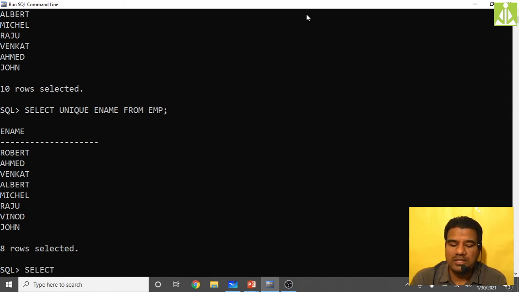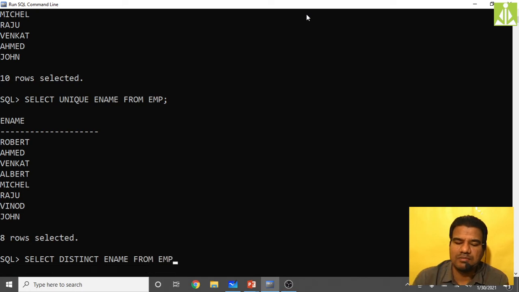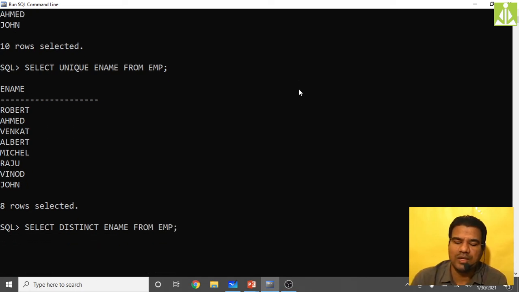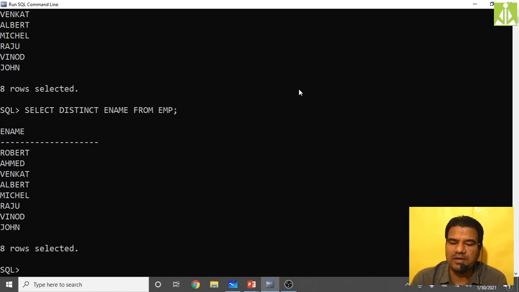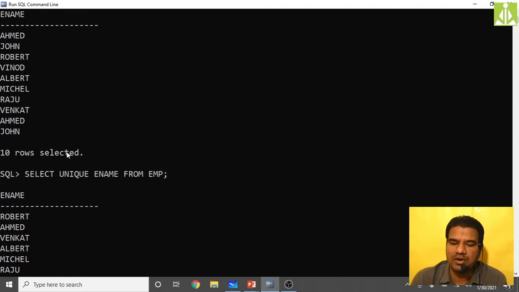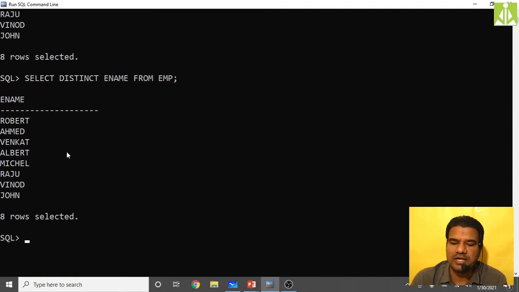Another one, select distinct ename from EMP. A simple query, same as your unique; you can replace unique with distinct, and you can see it will give the same output. Previously we got 8 rows selected from 10 rows, and here also we got 8 rows selected from 10 rows.